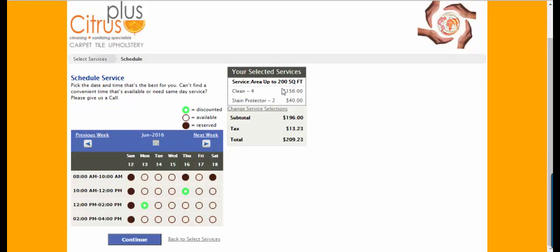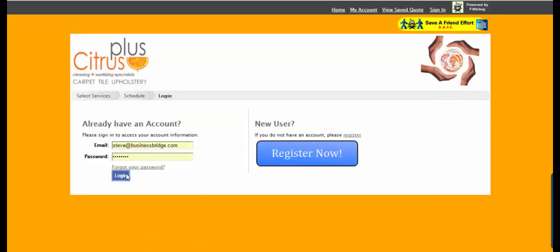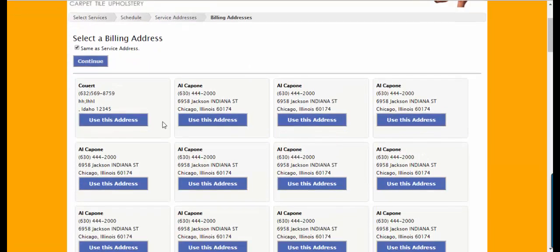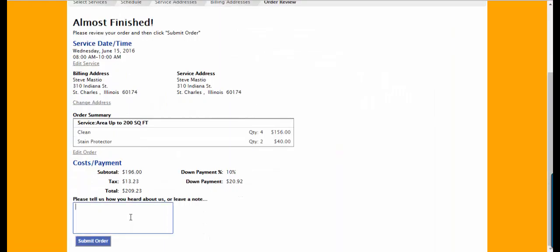I've gone ahead and just placed an order of some areas to be cleaned, and I'll just choose the 15th. And I'll log in and it will use my account. So we'll use this address, same billing address. And now this is just like a consumer would book, and I'll just put a message in here, demonstration, oops, if I could spell, demonstration